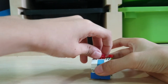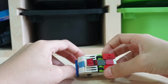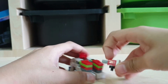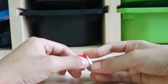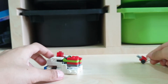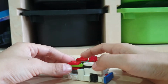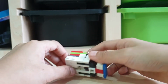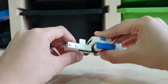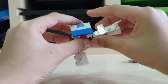Yeah, so that's what you want to do, is just slide the siren, pull this piece out, it's becoming his gun, and for him to hold it you have to just slide it there. So yeah, then you want to bring the legs like that, just bring them down,